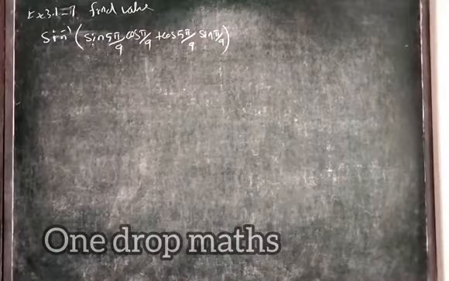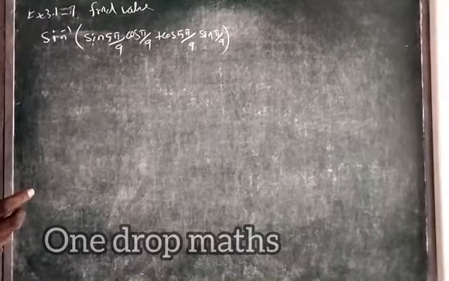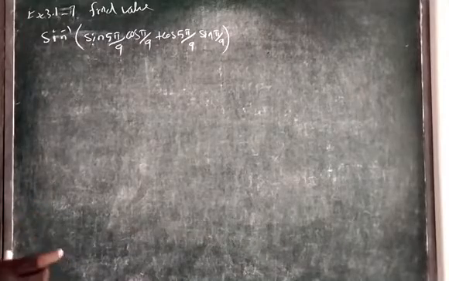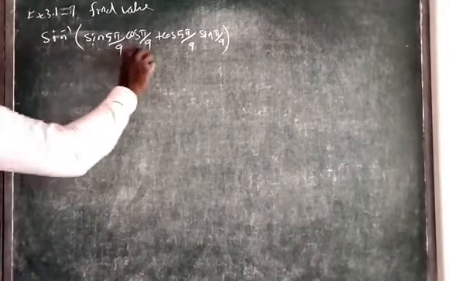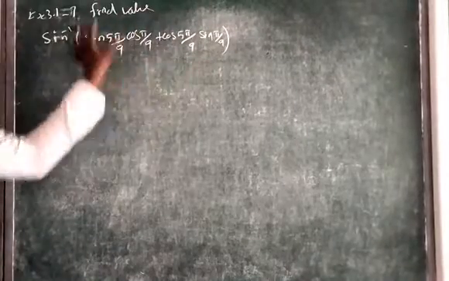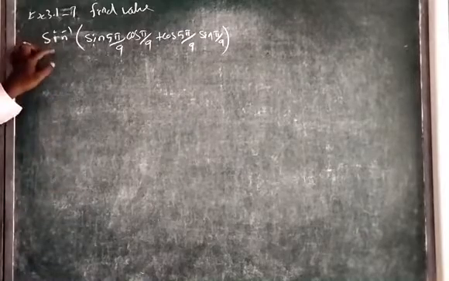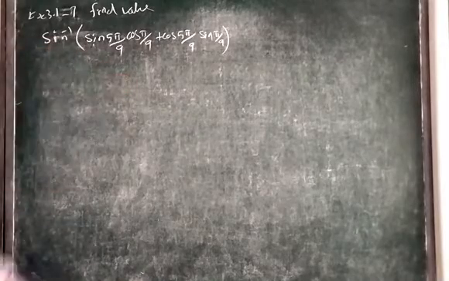So it is also asked to find the value of sine inverse of sine of pi by 9 and pi by 9, with cos and sine given. Here we have a sine and cos term, cos and sine term. So we want to try to bring the term in sine or cos. We have sine inverse, so try to bring it in terms of sine.